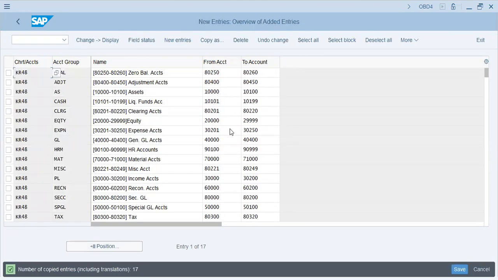Okay, 17 entries are chosen. Now this is the chart of accounts. We have different heads for GLs, for equity, HR accounts, material accounts, recon accounts, expense, taxes, secondary GL, liquid funds, assets, adjustments, income accounts,